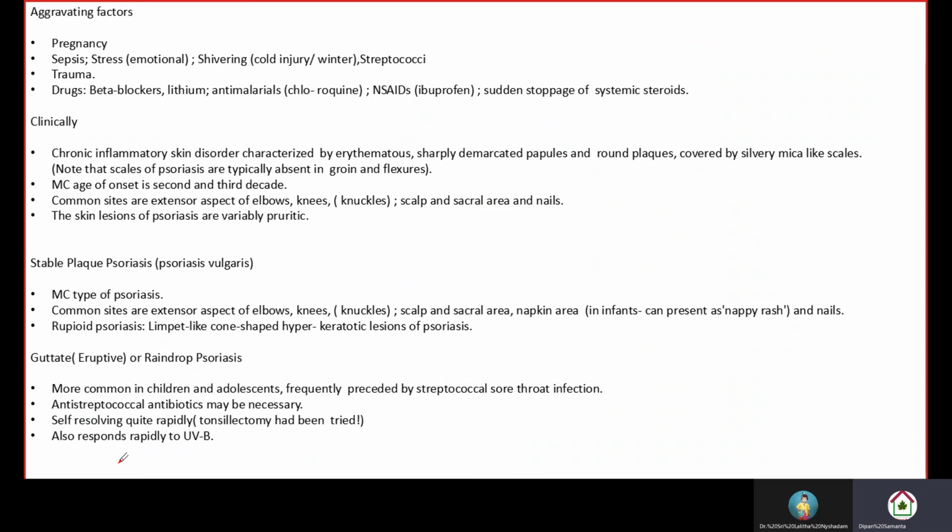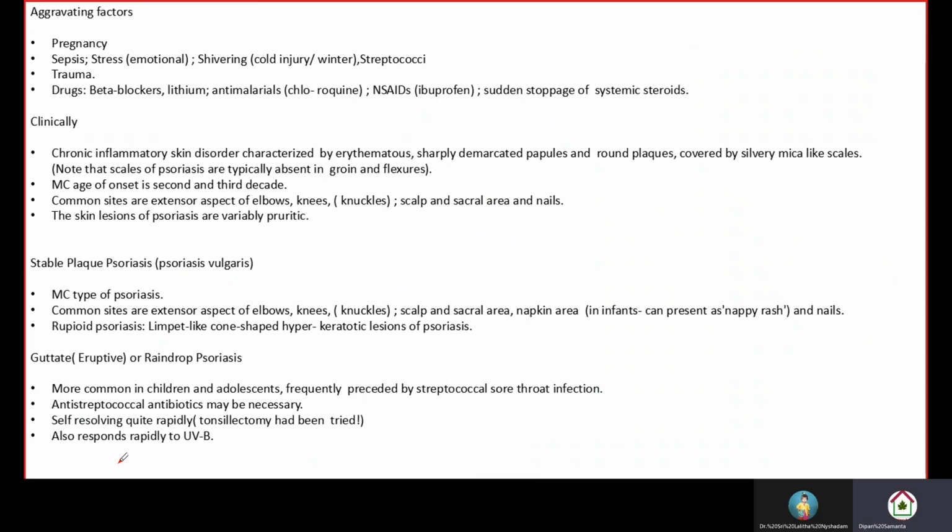That's why systemic steroids are given as a course, and the patient is strictly advised to complete the course, not to stop it according to his or her own wish. Otherwise, sudden stoppage can lead to a condition like psoriasis. Clinically, it is a chronic inflammatory skin disorder characterized by erythematous, sharply demarcated papules